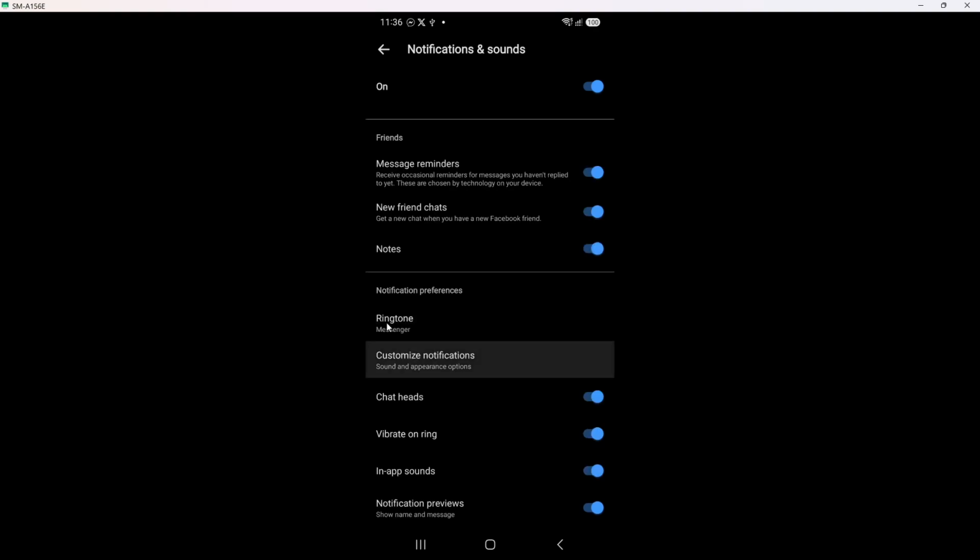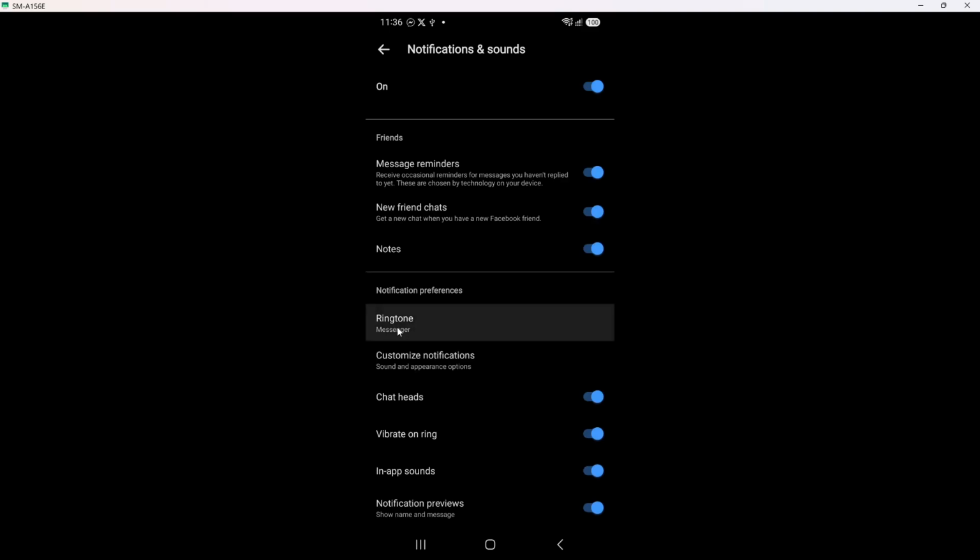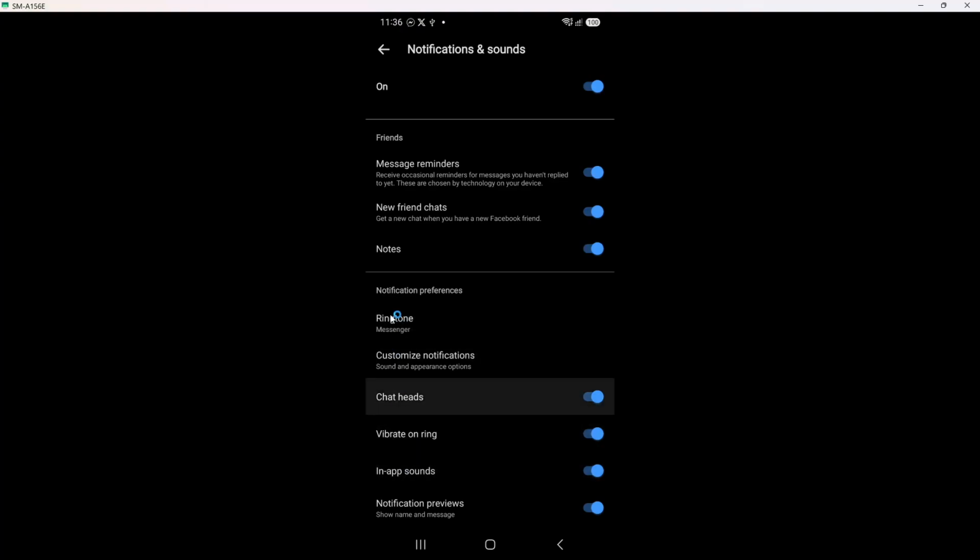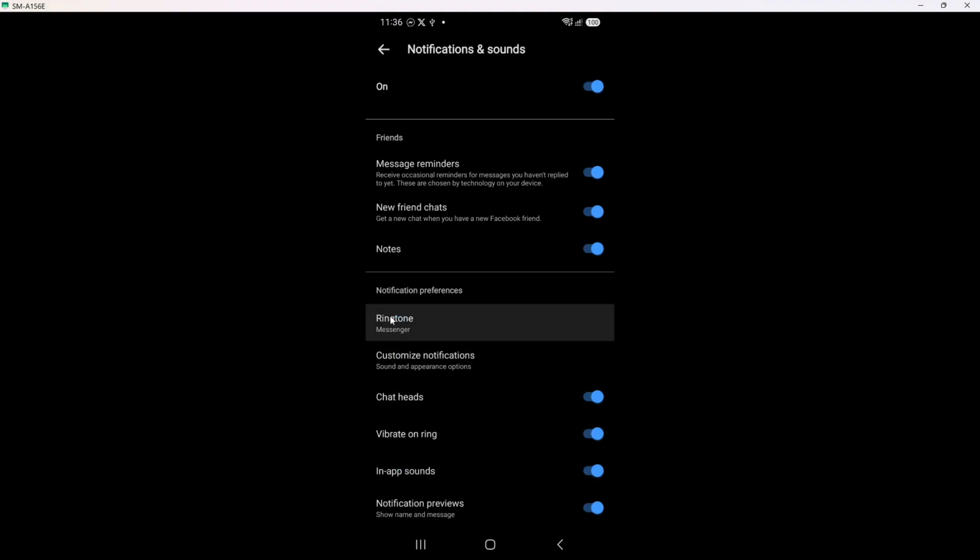When you see it, tap Notifications and Sounds. The screen changes to show several sound-related options, such as message tones, vibration, and possibly in-app sounds. This page is where Messenger controls what you actually hear when someone contacts you. A beginner tip here: the changes you make on this screen affect only Messenger, not your general phone ringtone.